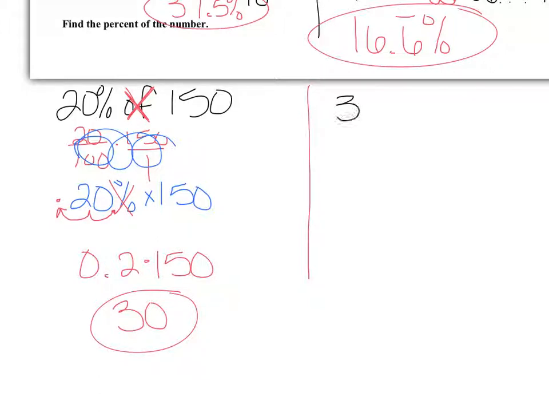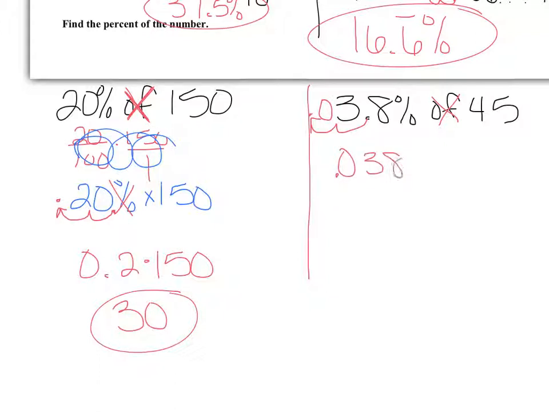Okay, let's do 3 8/10% of 45. Okay, remember that of means multiplication. I don't want to multiply with percents, so I'm going to change it to a decimal. So I'm going to move it over 2 places to the left. So now I'm taking 38 thousandths times 45. And if we show that work below here,